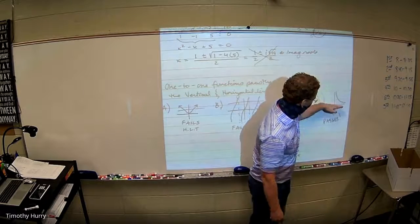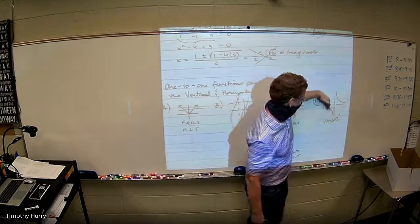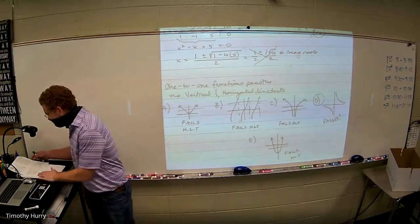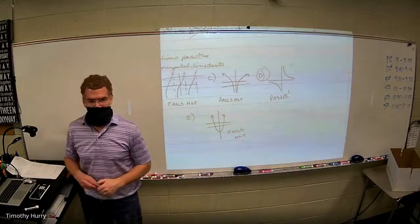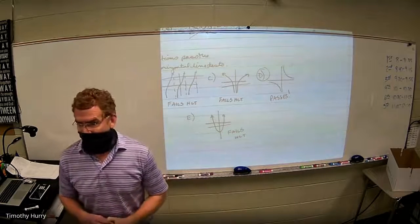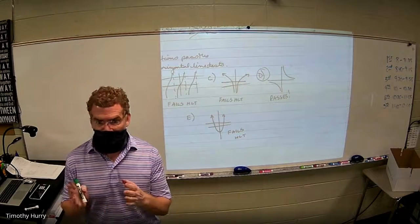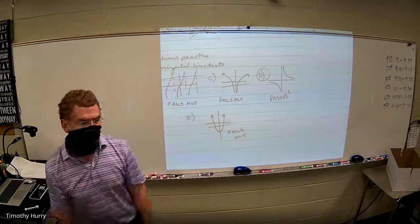It passes every horizontal line test, only hits at most one point, and it passes every vertical line test. And what is E? Oh yeah, E failed the horizontal line test. That makes sense? So if you just remember one-to-one means it's going to pass both tests, horizontal and vertical, and those